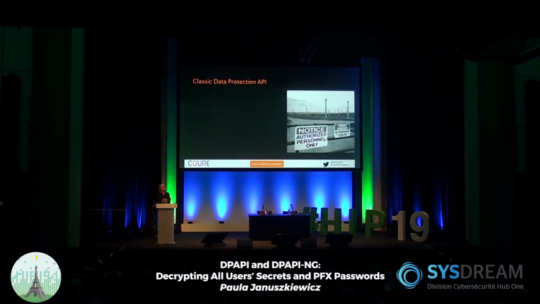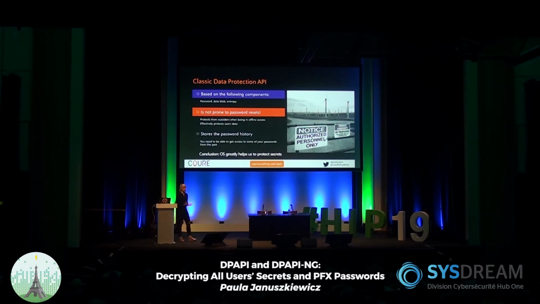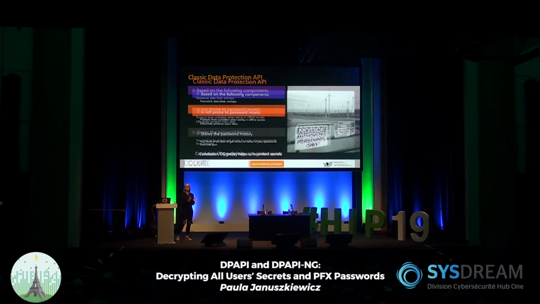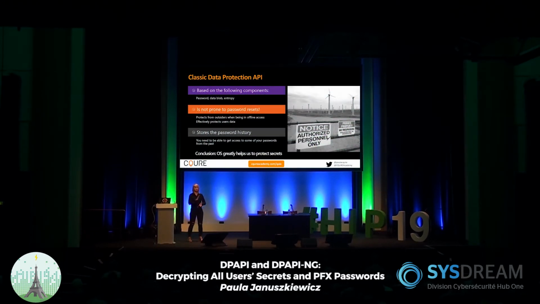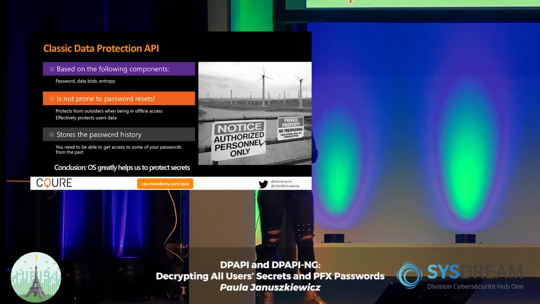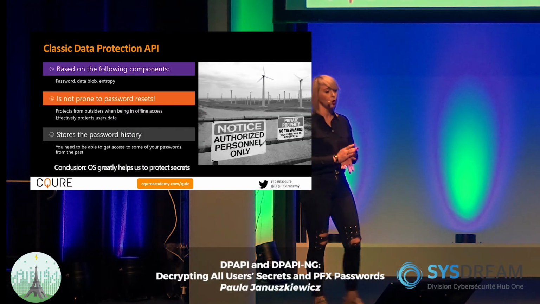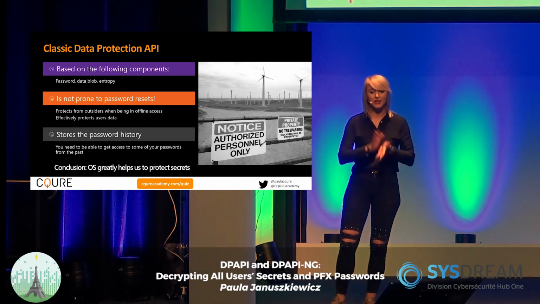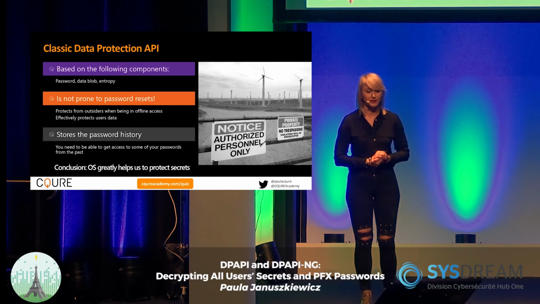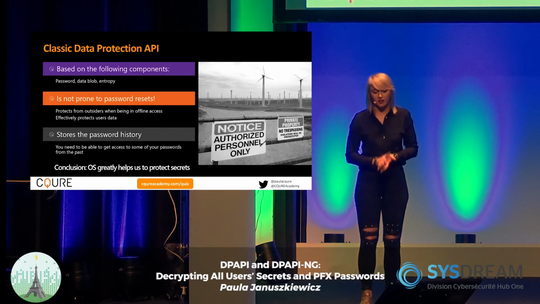And whenever we are thinking about the data protection API, what we will need to discuss is what it is for, really, in Windows. So the data protection API is an API in Windows that allows you to protect your data in place whenever you are saving it through various applications or by using the operating system. So whenever you are thinking about, for example, saving your password in Outlook or saving a password through the browser, generically speaking, or you are thinking about how your private keys are protected, this is exactly where the data protection API comes into place. And of course, the question is: is this a safe mechanism?